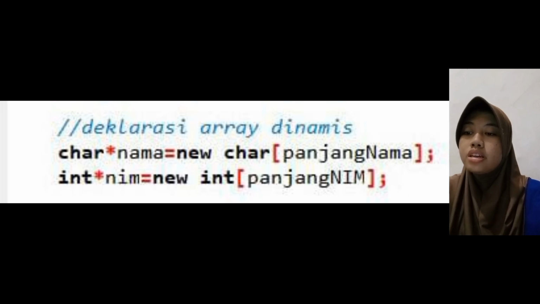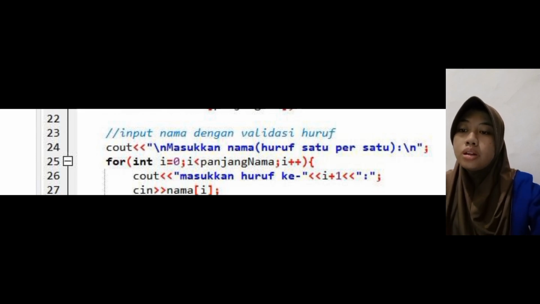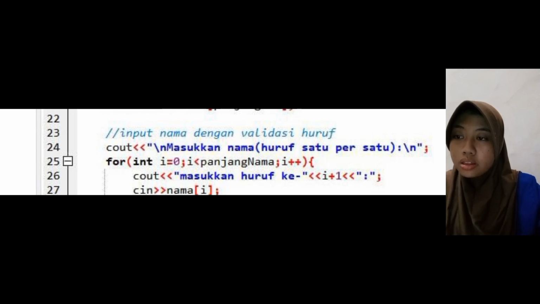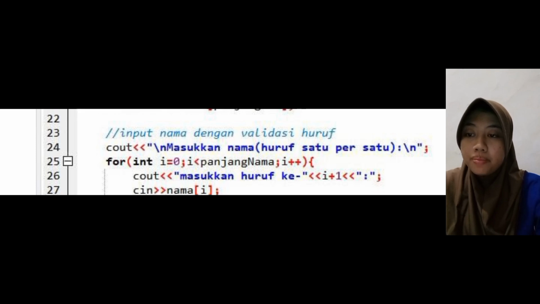Integer names declares a pointer to an integer name, and then new integer name just like before. The new operator is used to allocate memory dynamically. And then cout, this is an object. Enter name is a literal string that will be displayed on the screen, asking the user to enter the name one letter at a time.